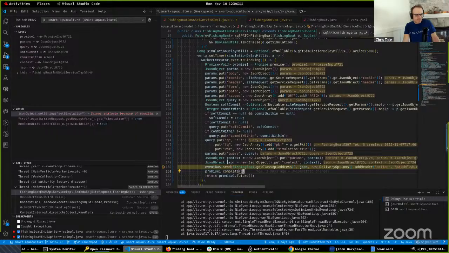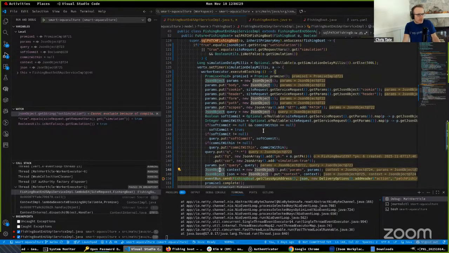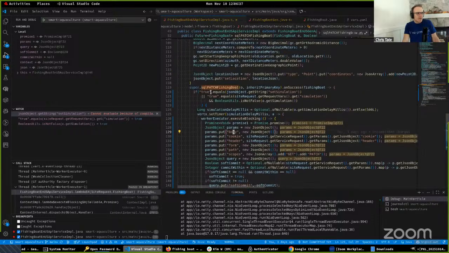And the body of that request looks like params body. New JSON object. Actually, we already patched it here, and now it at this point. So this goes and patches the fishing boat